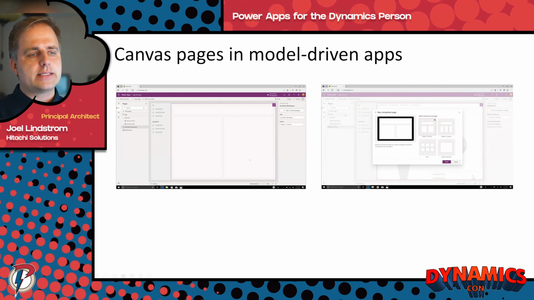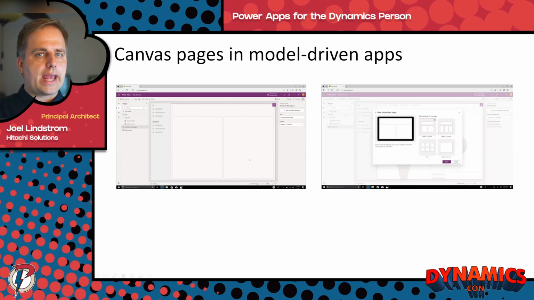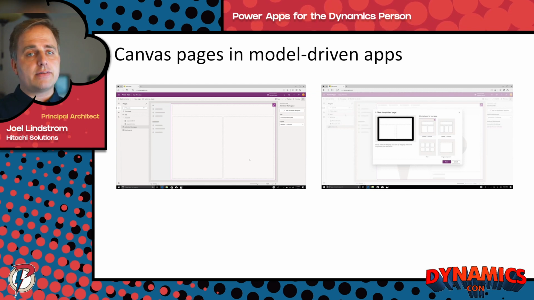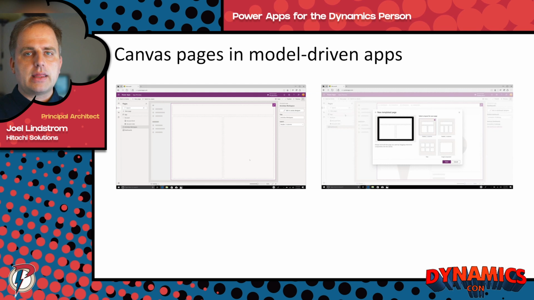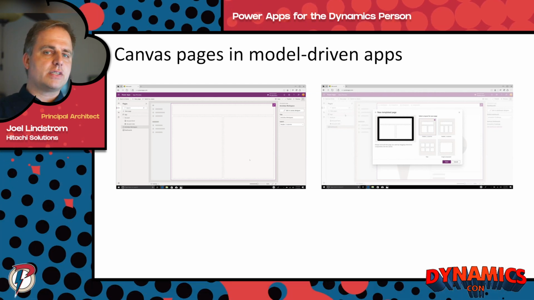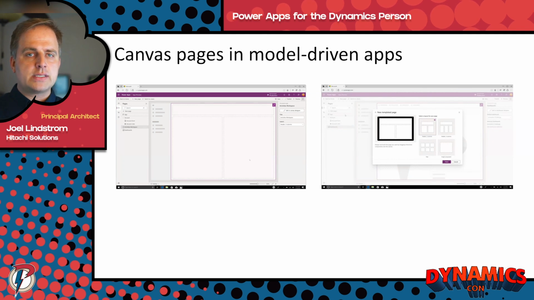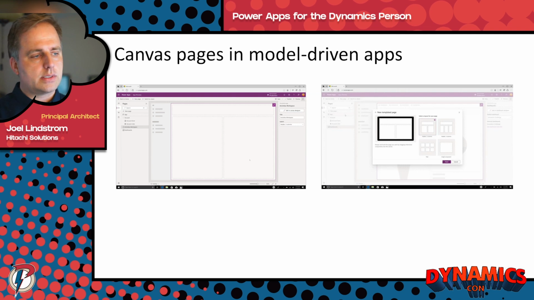And they're responsive, fully responsive, just like your model-driven apps are. And they're going to provide, as you see in the second screenshot here, just like with dashboards, standard layout templates that are going to make it a lot easier for people. You can do responsive Canvas apps today, but it takes some jury rigging, where this is going to make that easier, more standard, and is something that I think is really going to make these technologies come even closer together. So where you have something that's kind of in the middle where, you know what, I love the flexibility of Canvas apps, but I love the structure of model-driven apps and dashboards, this is going to be great because it will give me the best of both worlds.